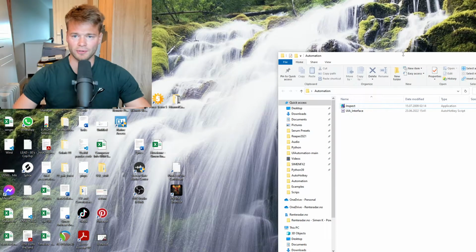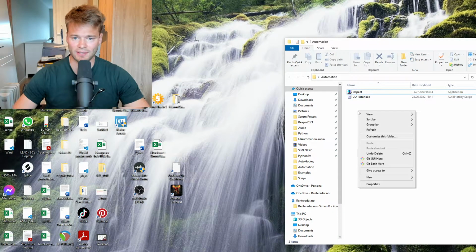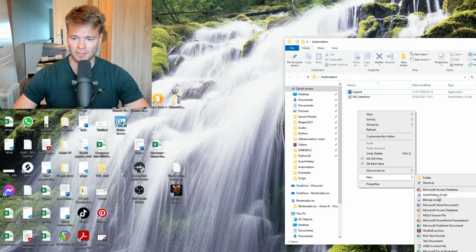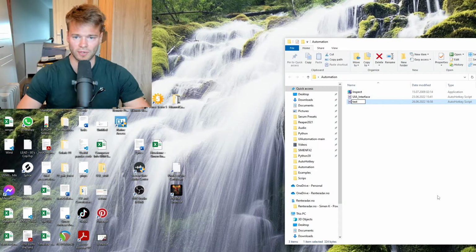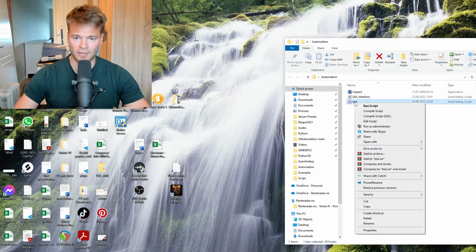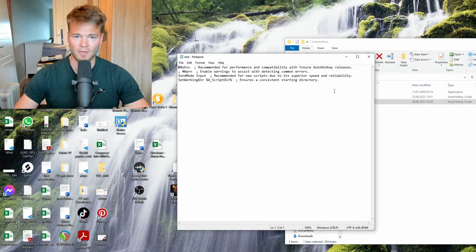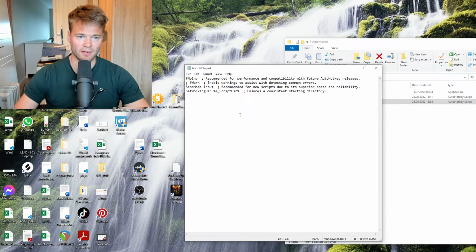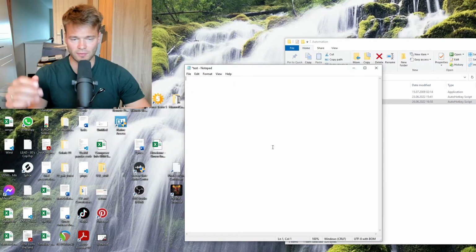So just go to a folder or whatever, right click, and go to New, AutoHotkey Script. And then you can call it whatever. These two guys we're going to use later to actually click on stuff without using the mouse, like click on UI elements of a program or a browser or whatever. To edit this script, just right click and press Edit Script. You can edit the script in Notepad, or you can use Visual Studio Code or whatever. For this example, you're just going to use the